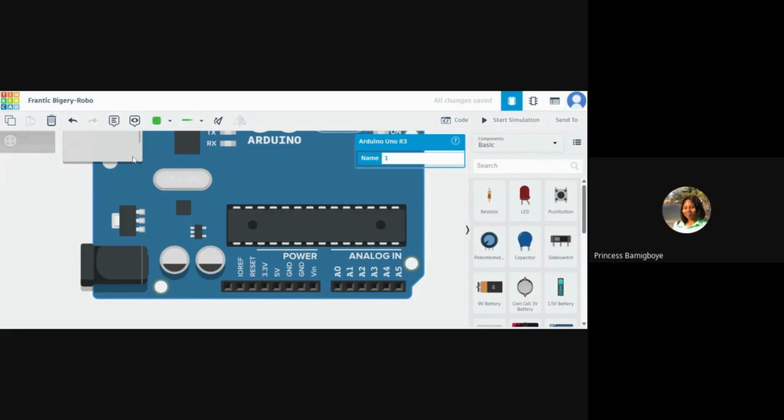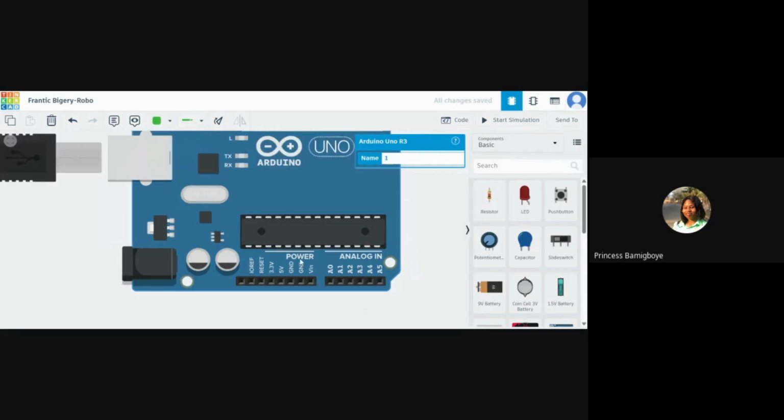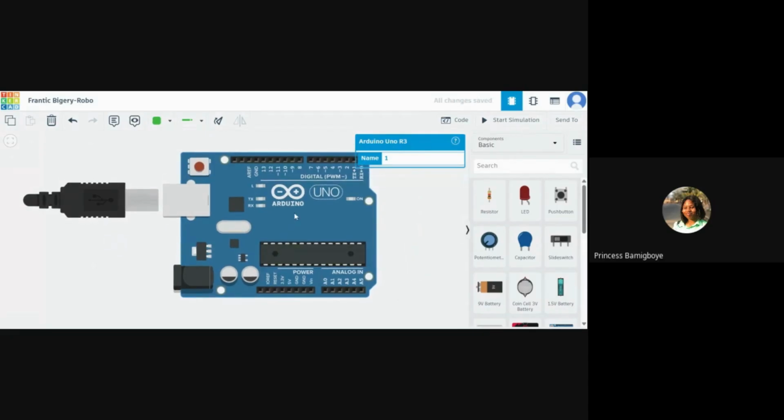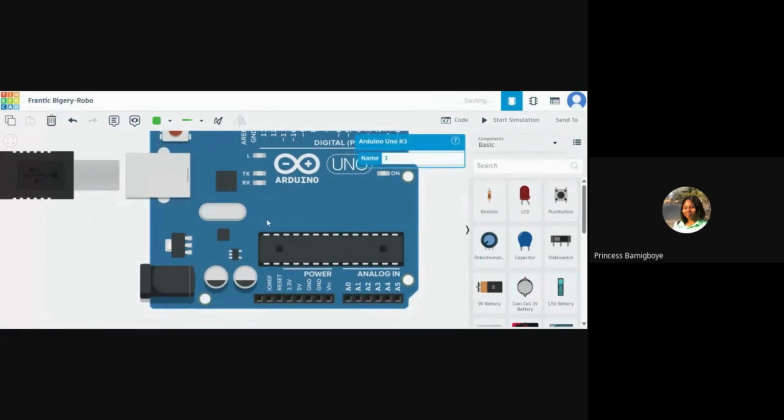Okay, so when you're working with your Arduino, before you program it, it will need to be connected to your system. On your system, you write the code, and then you need to upload it via this, the cable that connects it to your laptop, and it will now upload via here. So you need to connect it to your system, and then send the code to your Arduino, right?